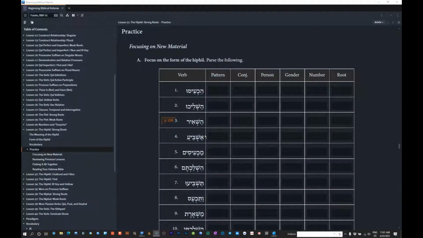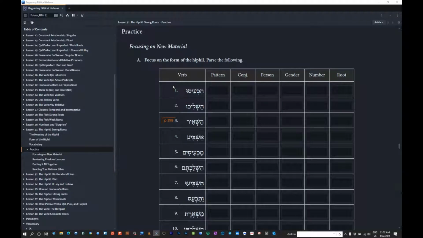All right, folks, we're going to take a look at the exercises for the Hiphil stem or Hiphil pattern. We've got 4 lessons worth of exercises here, so we'll go relatively quickly, but again, I'm just going to point out to you the diagnostics, the clues that you should be picking up on in order to tell you what the Hiphil is here. So looking at lesson 31, starting with exercise A, as we go through here, you'll see